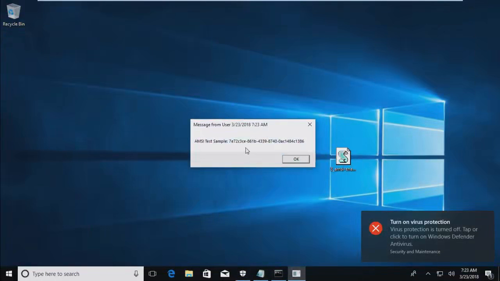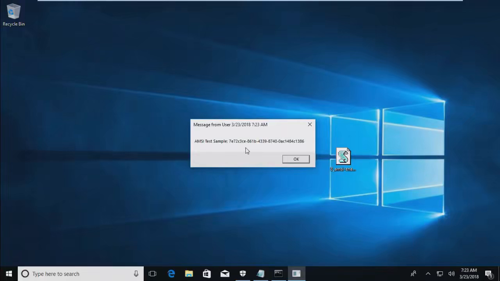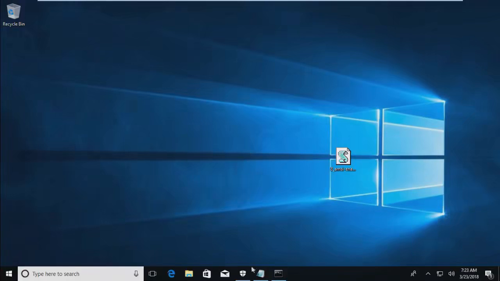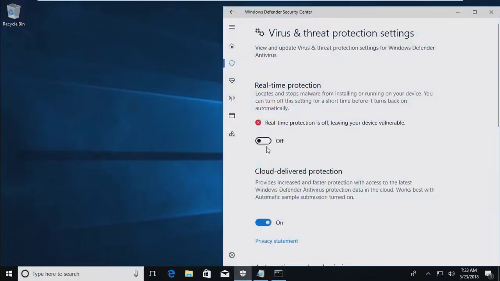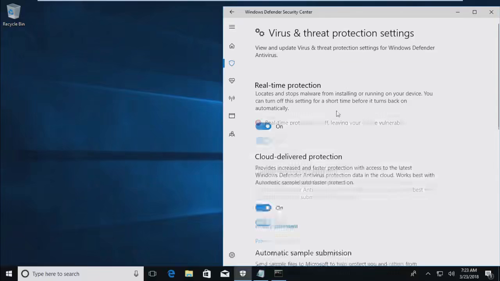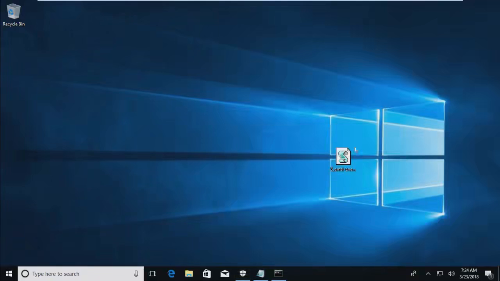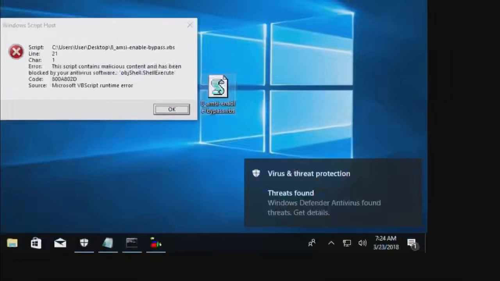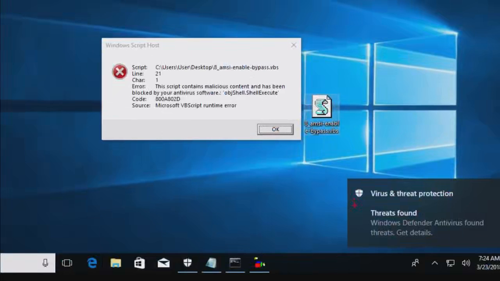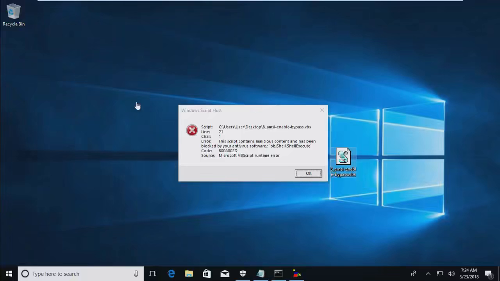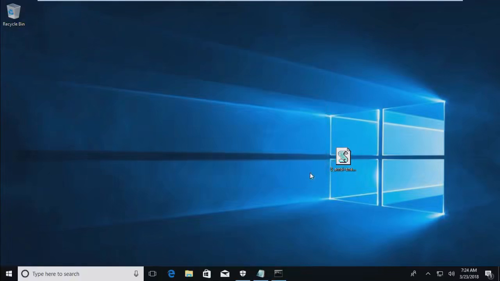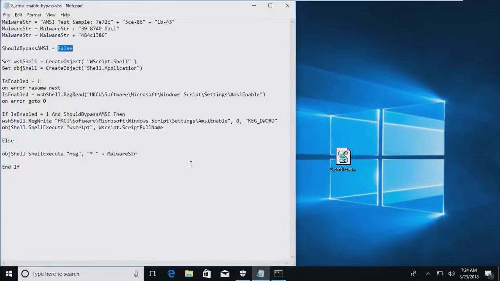And as you can see, we have a message box with the AMSI test sample. Now, when we enable the protection, we can double click it, and we can see that this time an error occurs. We have threats found by Windows Defender, and the script contains malicious content and has been blocked by your antivirus software. So what we're going to do now is we're going to leave Windows Defender on and